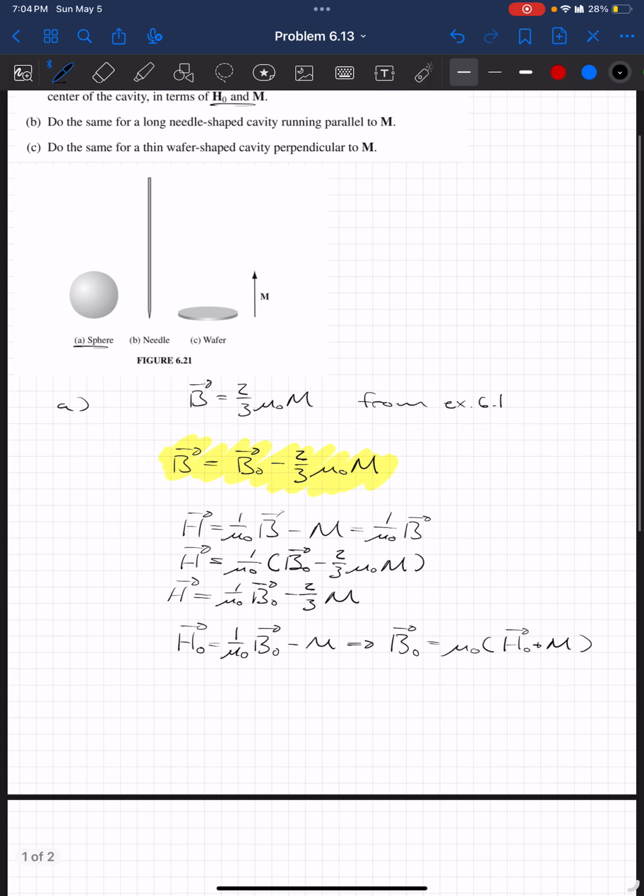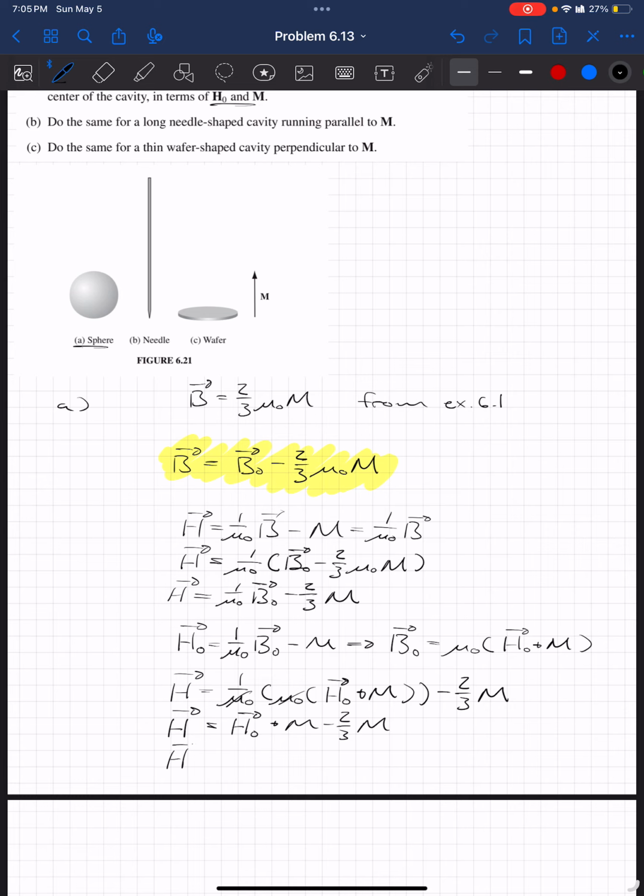So plugging this into our equation for H, we'll find that H is actually equal to 1 over mu naught times mu naught multiplied by H naught plus M, minus 2/3 M, where 1 over mu naught cancels the mu naught inside of the parentheses. So we're left with H equal to H naught plus M minus 2/3 M, which with simple subtraction,